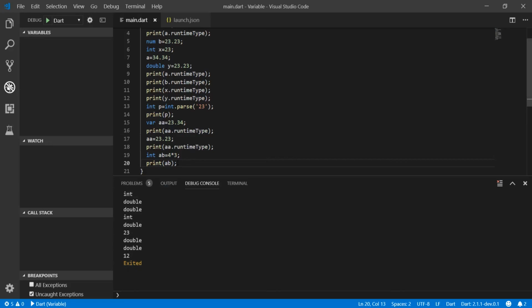But we can't assign a division operation to an int value. So what happens here if this is a division operation? Dart will complain that it is a double data type. A double data type can't be assigned to an int. The result of a division is a double data type and it can't be assigned to an int data type. If we try to change this into double, this works perfectly fine because 4 divided by 2 gives us a double data type.